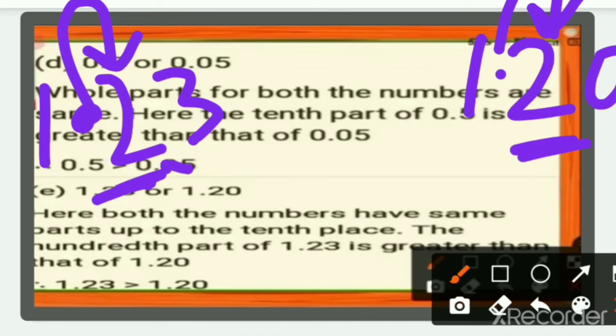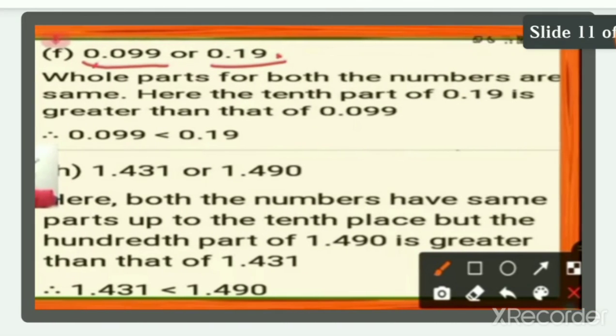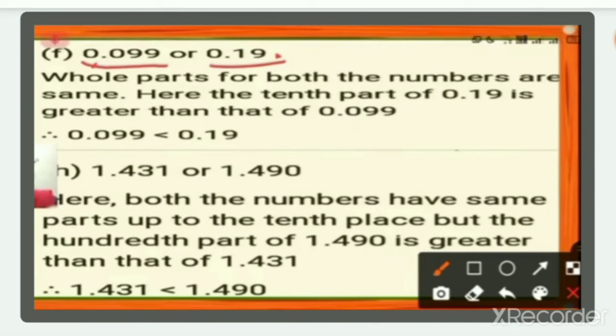So now we will go for the 100th place. Okay, we have the 100th place here 0 and here we have 3. So which one will be greater? This one will be greater than 1.20. Now moving to the F part, we have